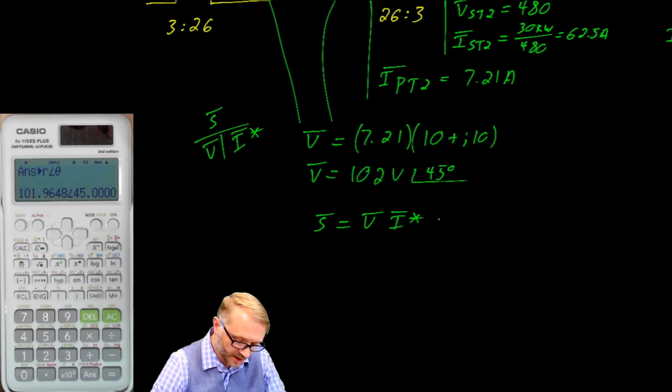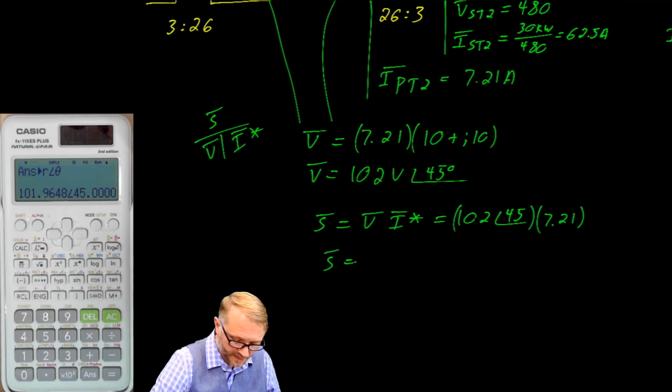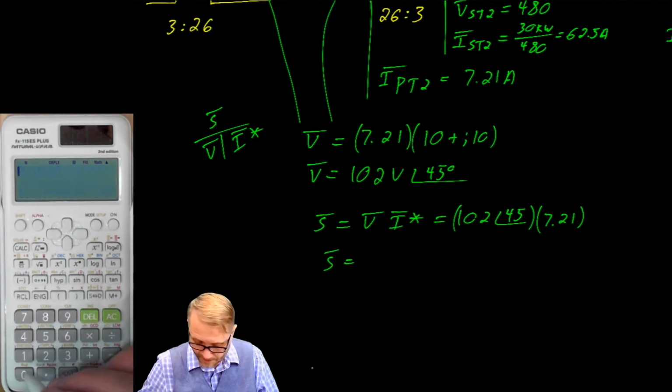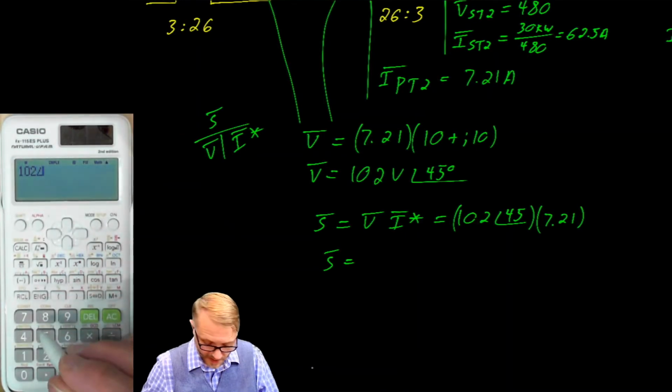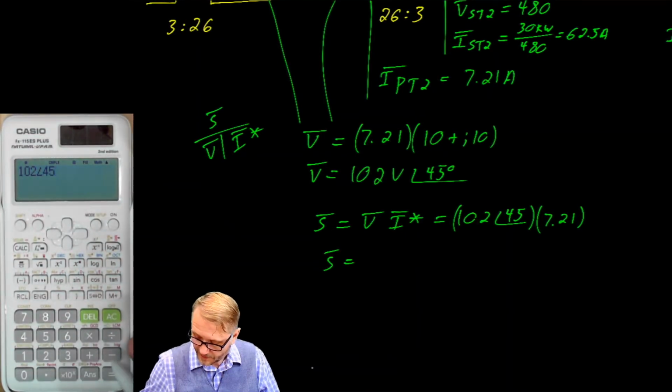So here our voltage is 102 angle 45, and our current we said was 7.21. So the complex power in the line is 102 at a phase angle of 45 times 7.21,